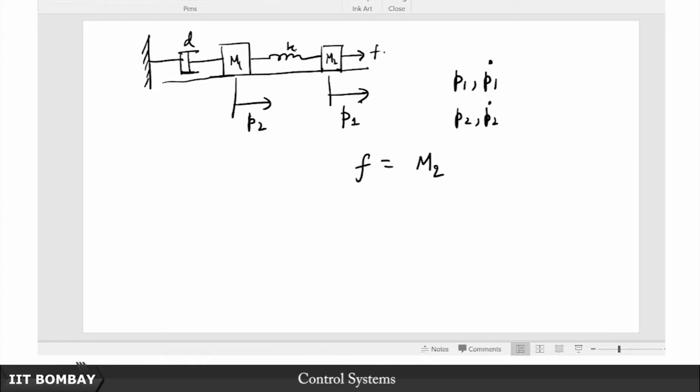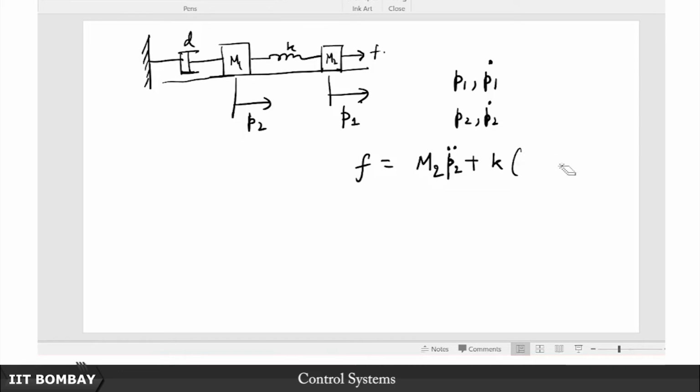Remember what is the force on M2 that is going to be balanced. So M2 P2 double dot, that is the pseudo force that is being balanced, to put it in static equilibrium, plus K times, what is going to be this? Well, this is going to be x1 minus x, sorry, I have called it P here,